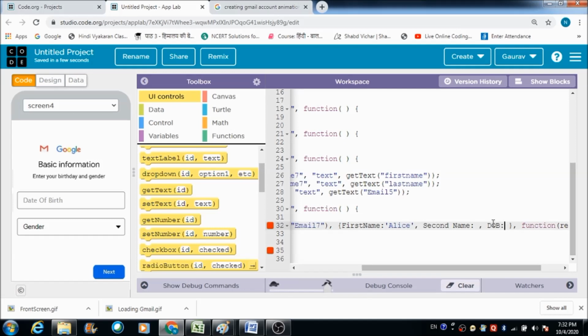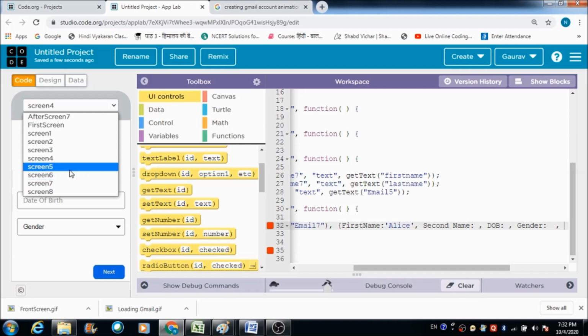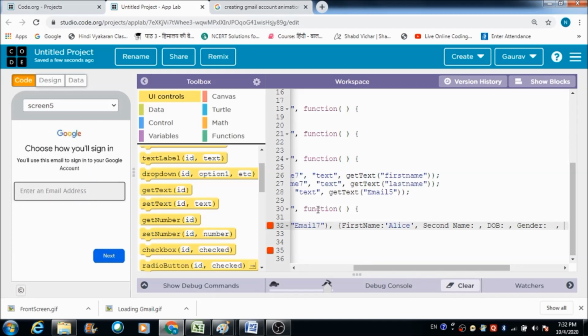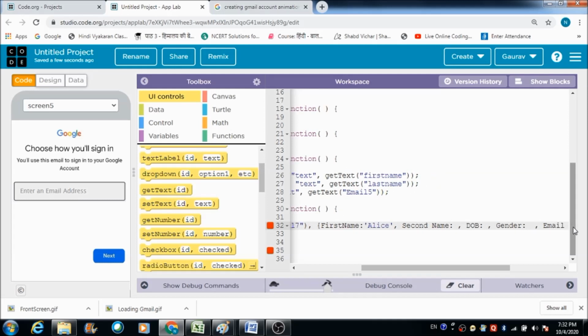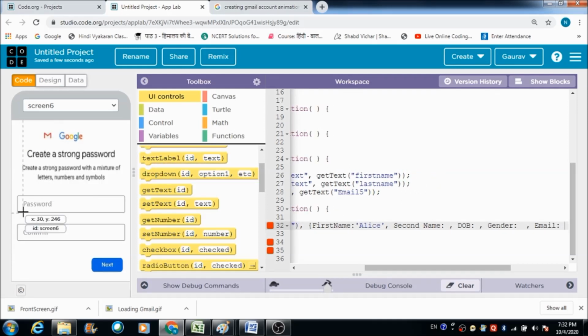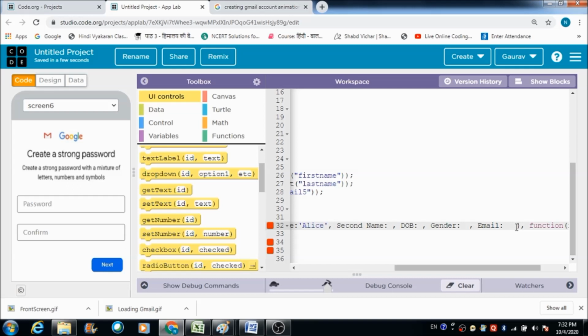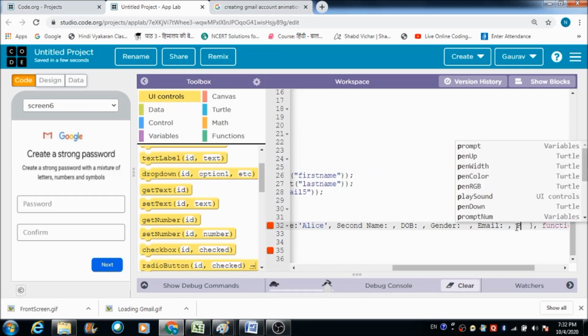Let's store it in DOB. And after that, what else do we have? Email address. And then what else? Password. I think this is the last field